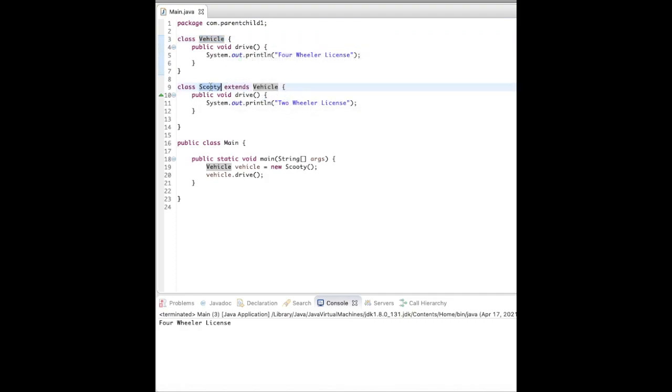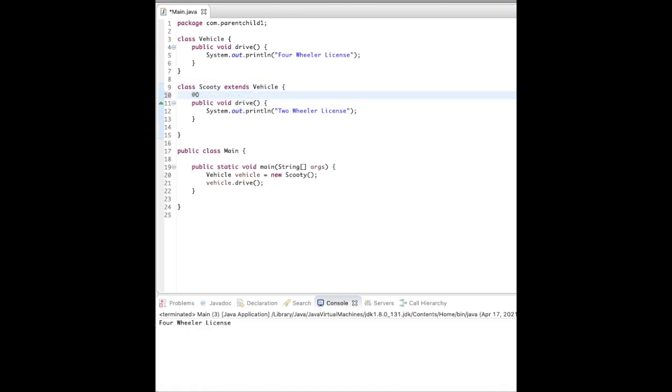Now there's a Scooty which extends the Vehicle class and overrides the drive method, and it has two-wheeler license. And in the main method, I am simply creating a variable of Vehicle and assigning a new Scooty instance to it, and I am calling vehicle.drive.